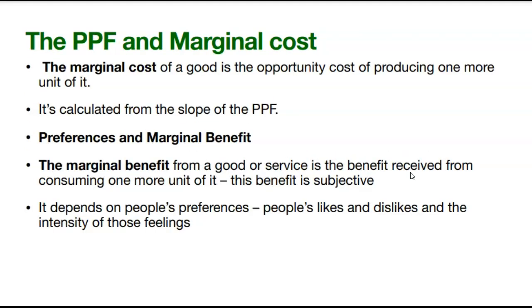Okay, so PPF and marginal cost: marginal cost is the opportunity cost associated with producing 1 more unit. So yeah, I told you that before. The cost associated with an increase in production is called marginal cost. So when you manufacture more products, let's say you have A and B products, and you manufacture more B products, then the cost is going to be higher, so that's marginal cost, right? Marginal benefit is the increase in benefit received. So if you manufacture more burgers, you're going to get more money. That's an increase, that's a benefit. Okay.